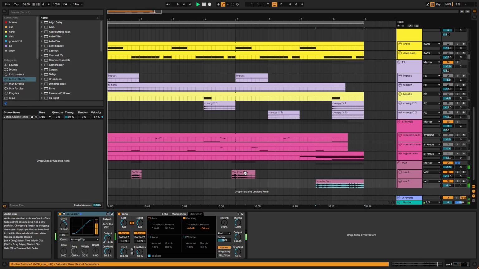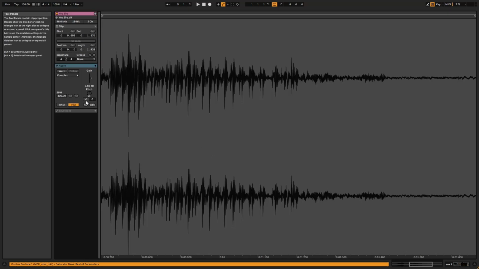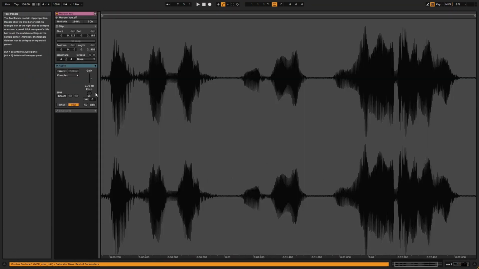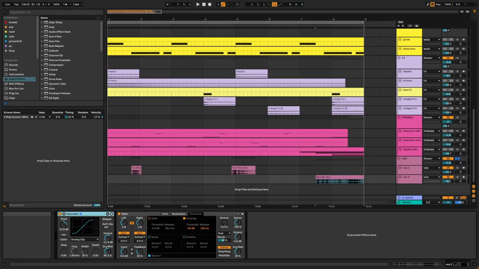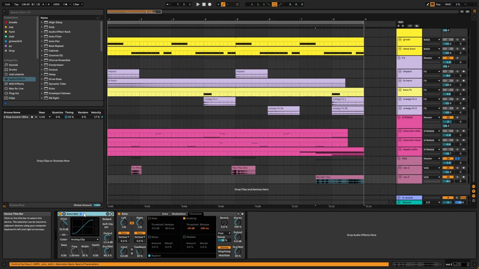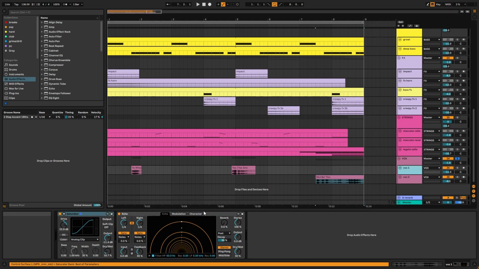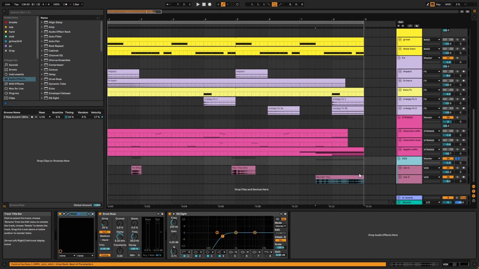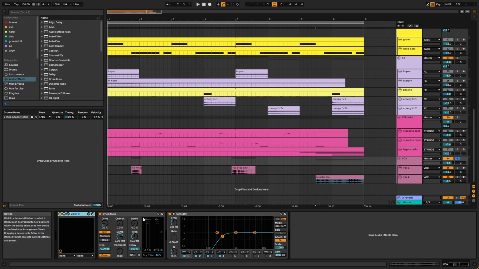His pack is linked in the description. These have been pitched down and this makes the vocals feel more ominous. Both of these have saturators and echoes, again using the ducking. And on the group, there's a vinyl saturation, drum bus,